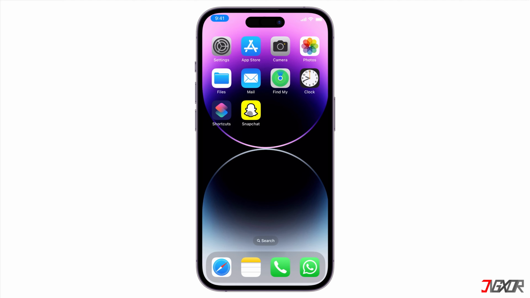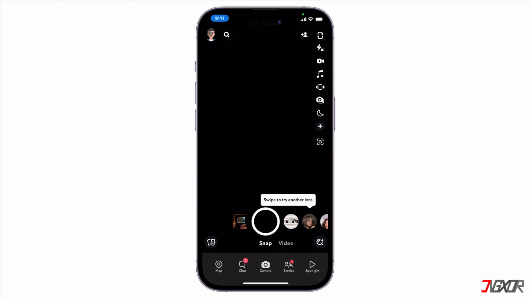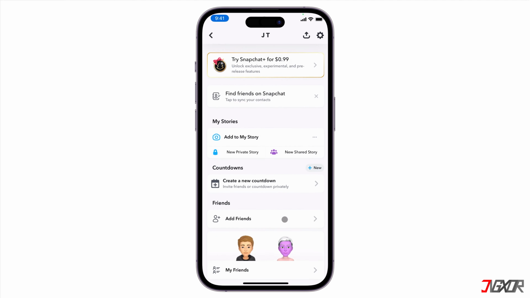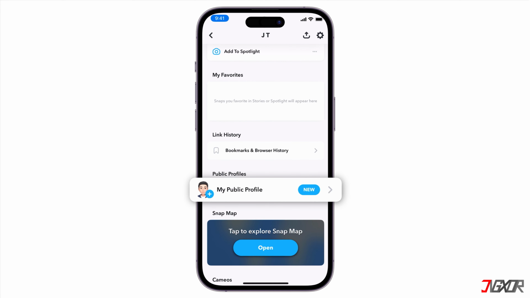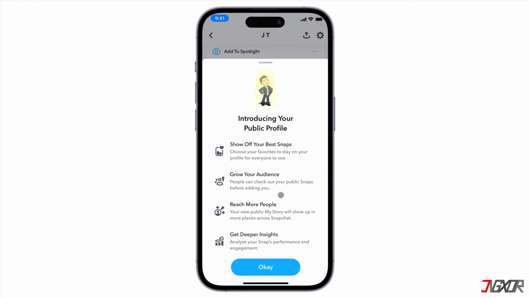Public profiles allow Snapchat users to become more discoverable and grow an audience on the platform. If you're 18 or older, you automatically have a public profile. However, you have the choice of whether or not to use it. It provides access to showcasing stories, where you can share collections of your favorite profile snaps, photos, and videos permanently